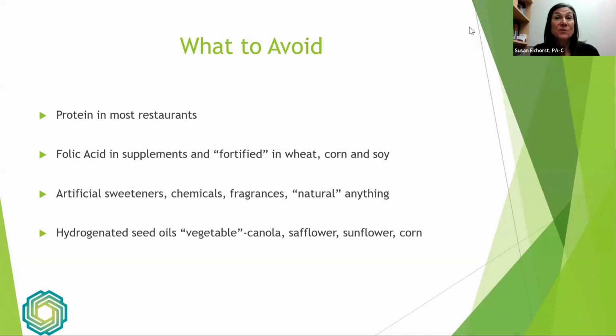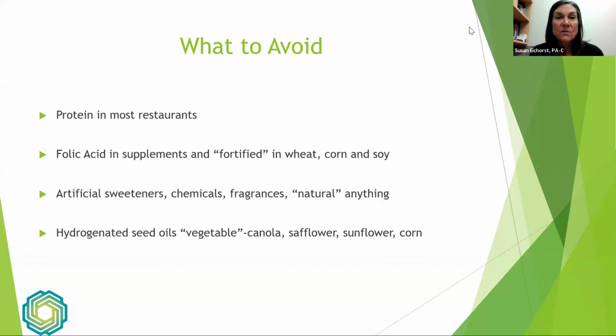What else to avoid? Unfortunately, protein in most restaurants. You don't know where it came from. You have to assume that it's commercially raised, unless they are really putting out front that this is a wild caught salmon, that this is a pasture raised chicken or egg. You're going to pay more for it, and believe me, they will let you know what you're paying for. So most of the experts that I follow, they just don't eat any protein in restaurants unless they can source where it came from. Again, it's these fortified foods that we have to avoid, and specifically the Roundup or glyphosate and folic acid that's really harmful.